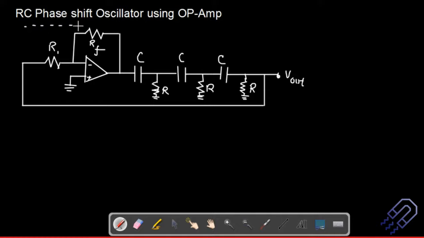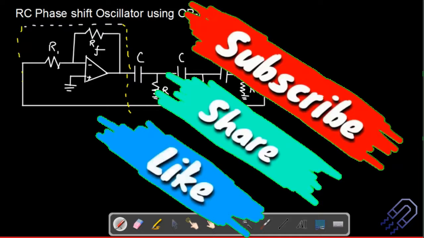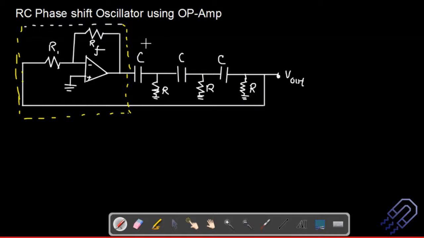And let's just divide this circuit into two parts now. Maybe I can take a different color. So this is your first part. In this first part, it will actually have its own phase shift. And then this is your second part. So this is your feedback circuit. If you just look into the block diagram that we have written before, it's more or less this. That's not the circuit, that is the block diagram. This is the feedback circuit.